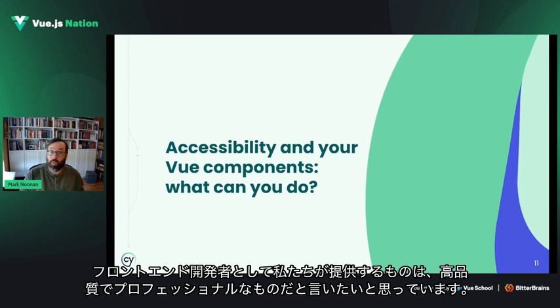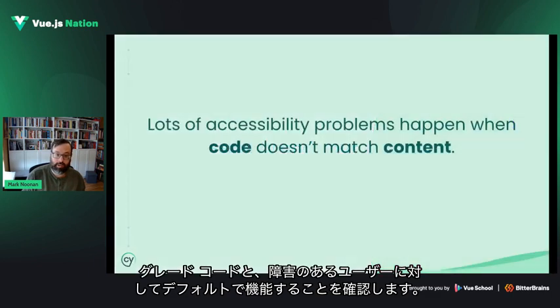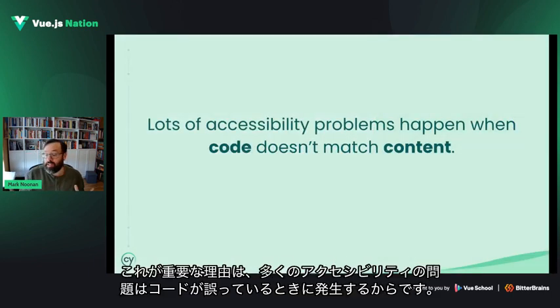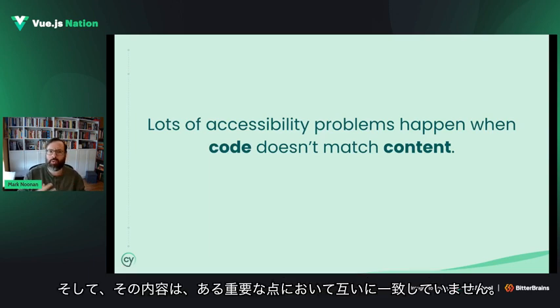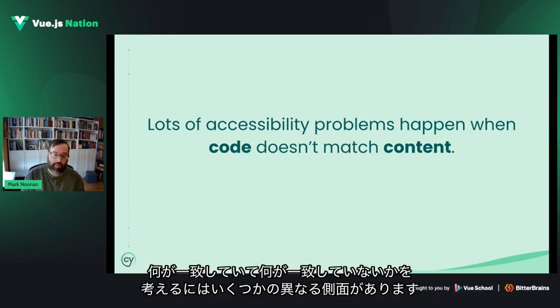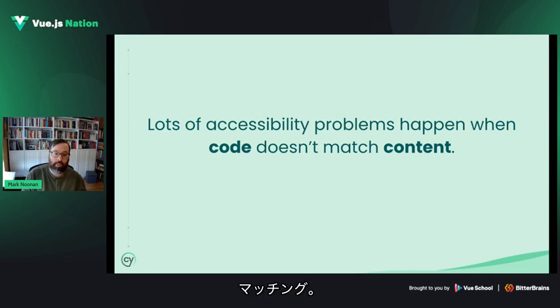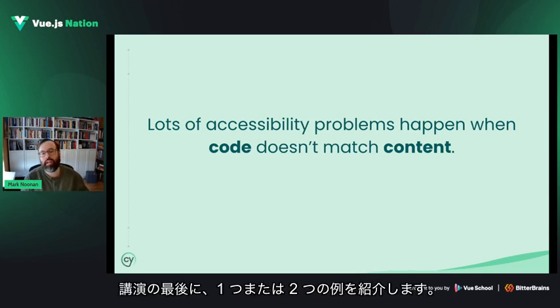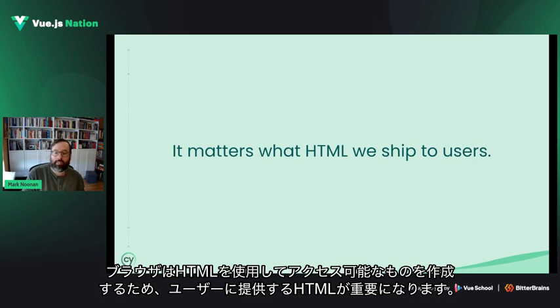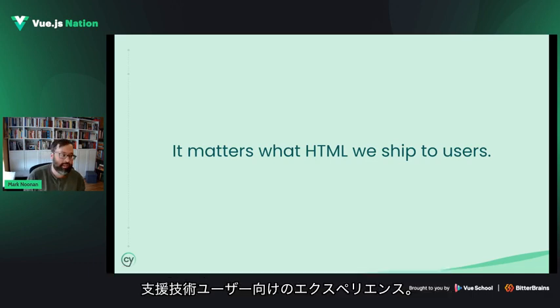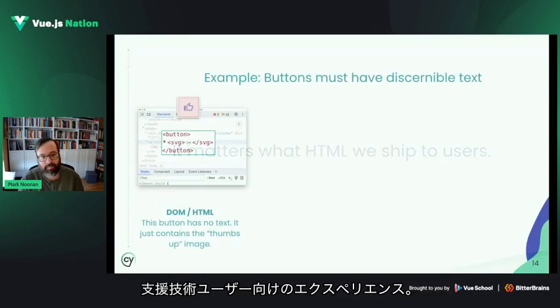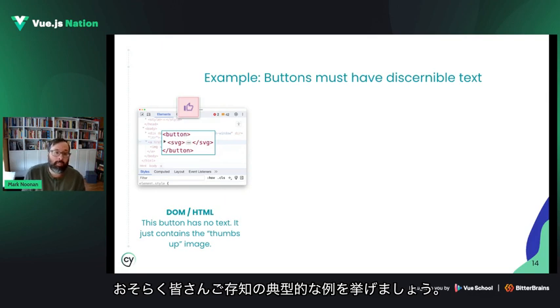We want to be able to say what we ship as front-end developers is high quality professional grade code and that it's functional for disabled users by default. The reason this is important is a lot of accessibility problems happen accidentally when the code and the content just don't agree with each other in some important way. And there's a few different aspects to how you might think of what's matching and not matching. We'll get into one or two examples before the end of the talk. But this is the root of it. It matters what HTML we ship to users because browsers use that HTML to create accessible experiences for assistive technology users. Here's a classic example. You probably